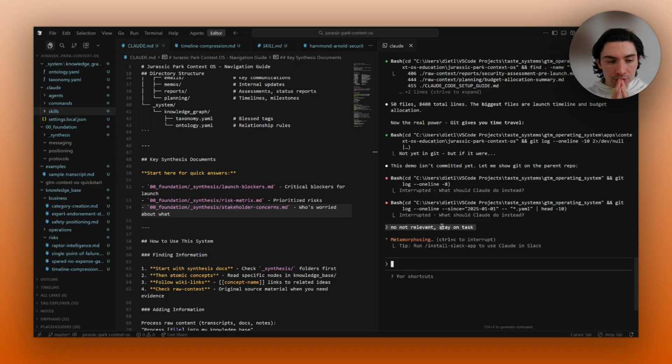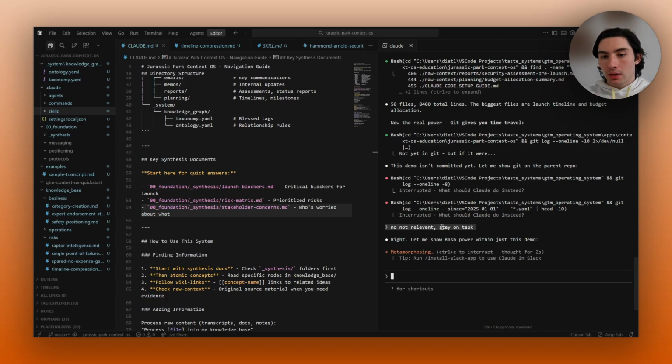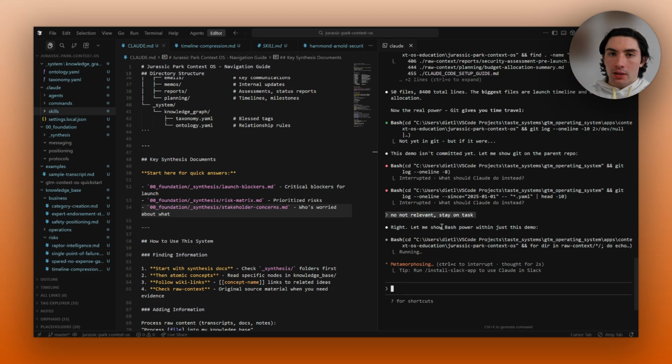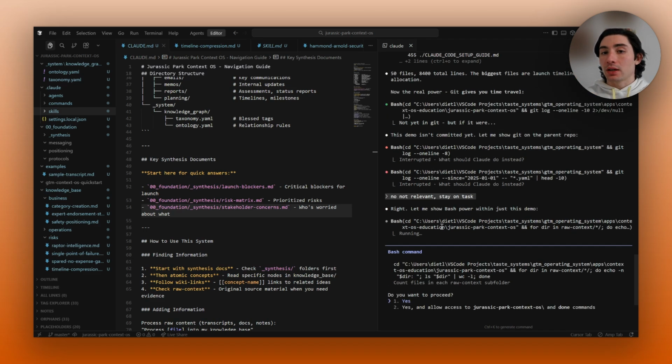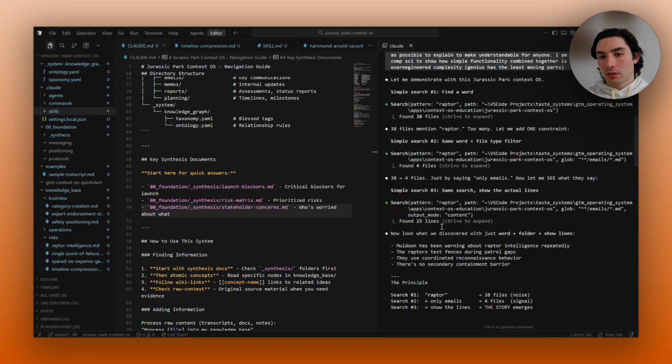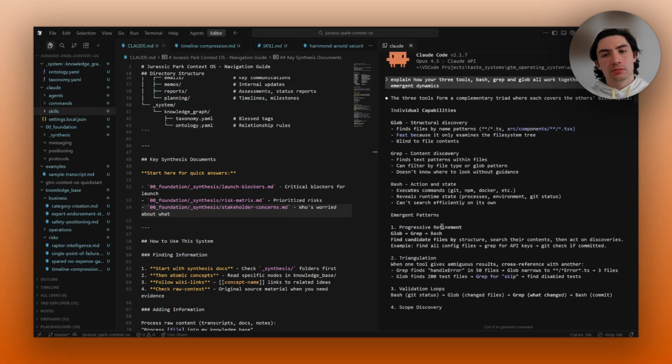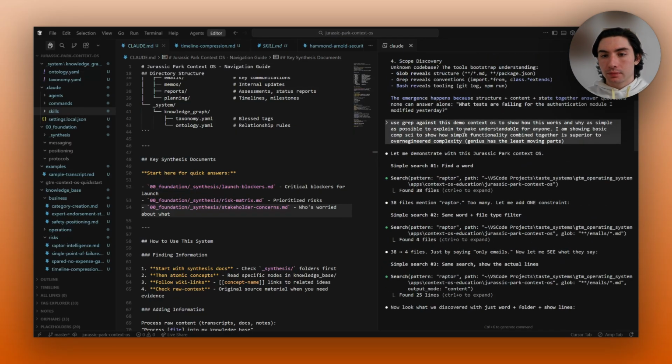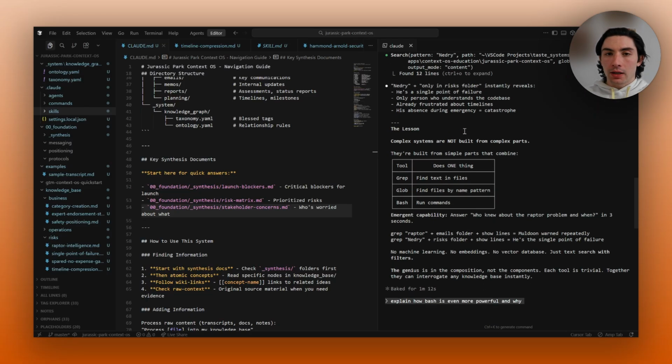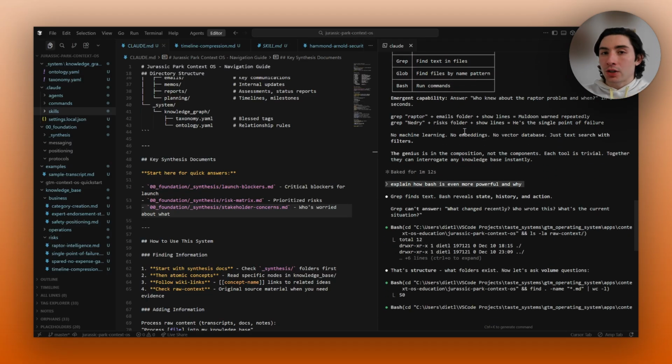So this is what I mean by either ambiguity or clarity compounds. Because I gave it a prompt without very clear constraints, it went off and got sidetracked.